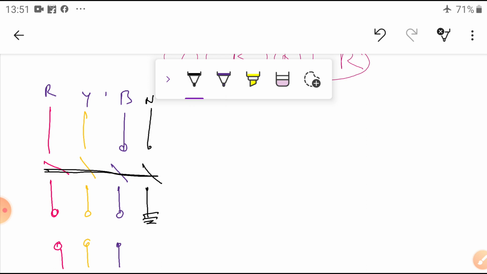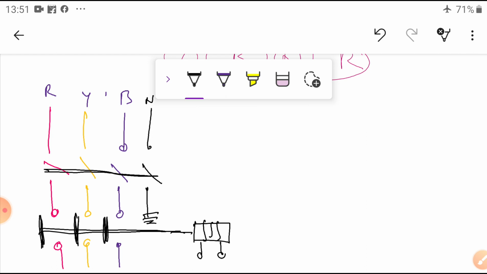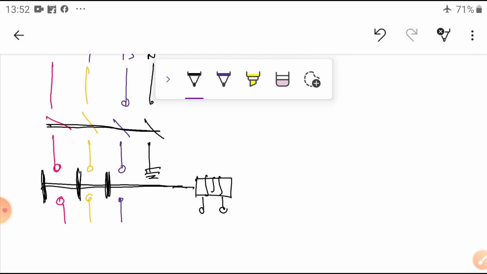Now here these are the terminals, and here the start is connected. Here I connected one coil, it has two terminals. Now at the same time I can use this one. It is connected to the ground, for example, the neutral is ground here.